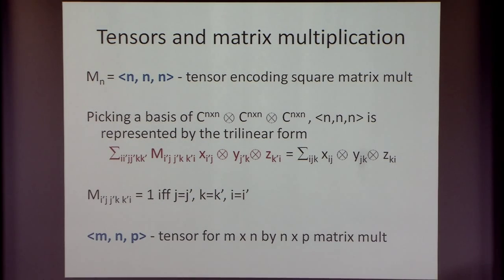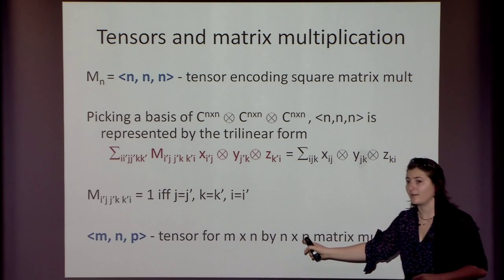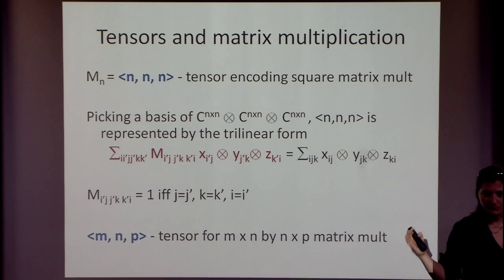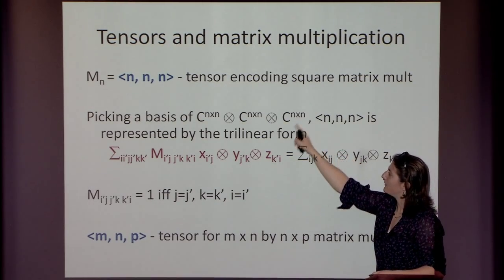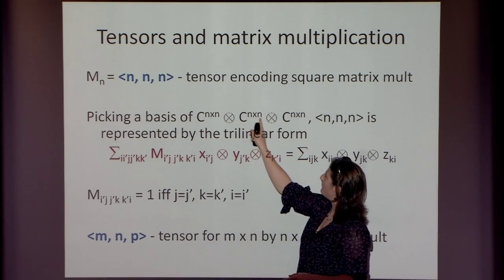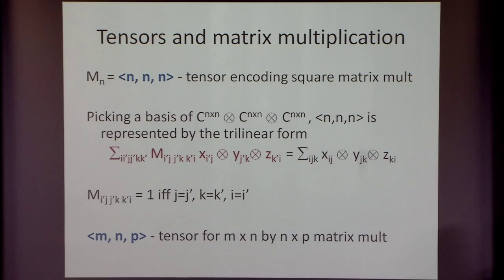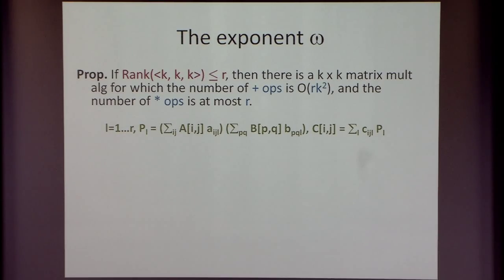You can then also define the tensor for m by n by p matrix multiplication, when we have rectangular matrices instead of square ones. It's exactly the same, except that now you live in m by n, n by p, and p by m spaces. Okay. All right, so now